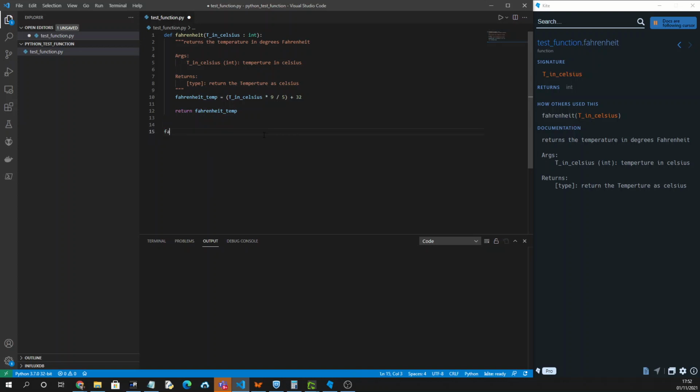So you would usually start something like this, Fahrenheit, enter 20, and it'll display on the right hand side here exactly what this function is doing and what it needs. So we're just going to put 20 in here, and you can see it's got the full documentation. So if we play that,